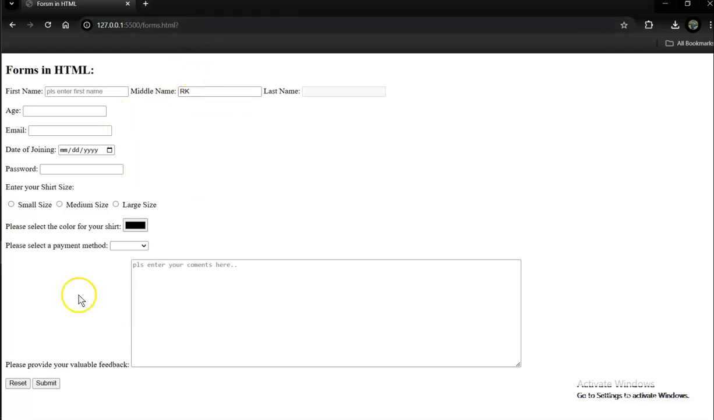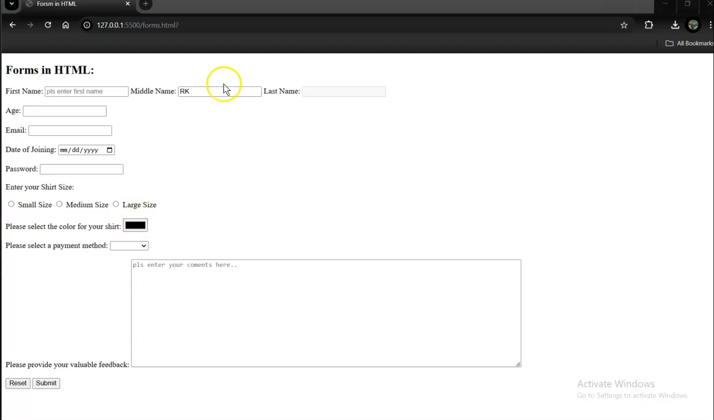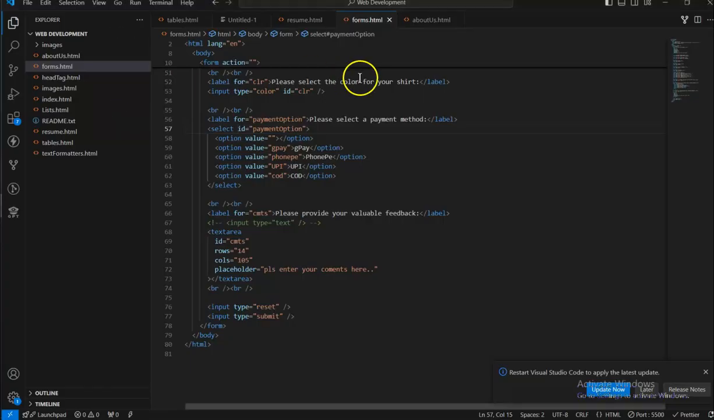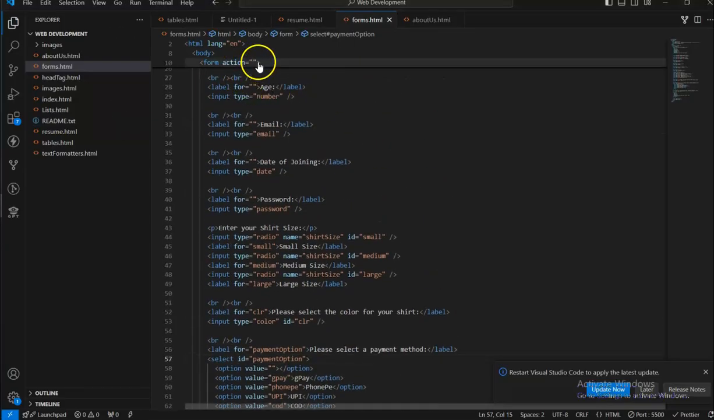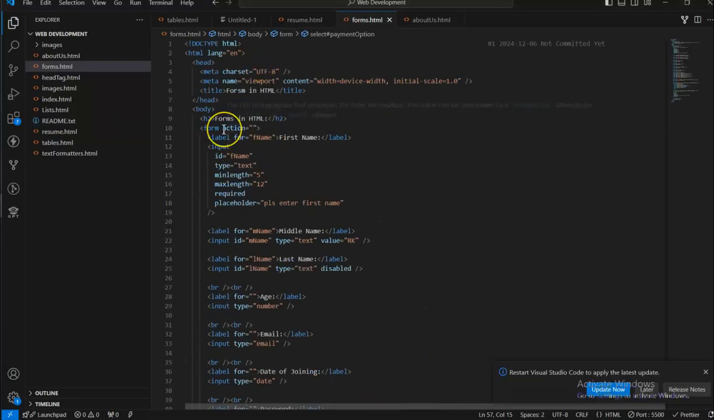It's just refreshing the same page over there, correct? So why is it refreshing over there? We understood, okay, it's because we don't have any action defined for a form. That's nothing but a JavaScript functionality. It is not mandatory all the time that you need a JavaScript functionality, but when it comes to processing or validating,